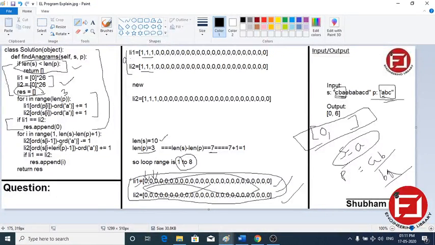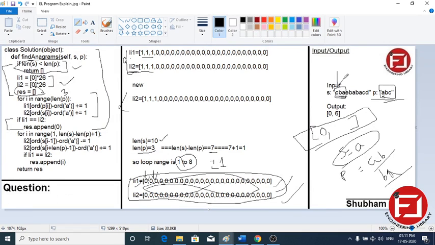Okay, now what we are going to do is update this list too. So this is the list. Now for ASCII value of s, s of i where i is 1, pointing at b.